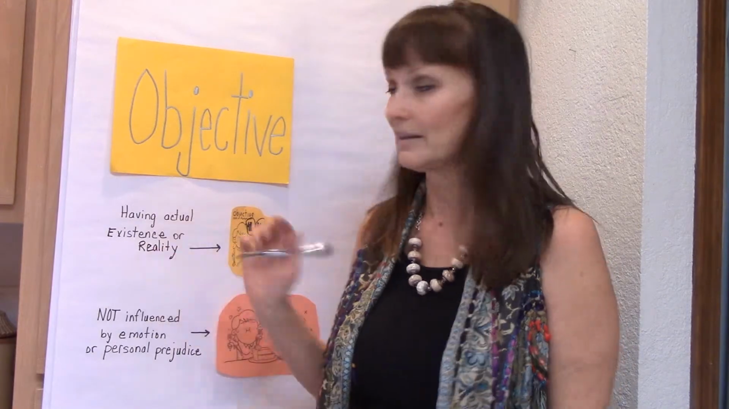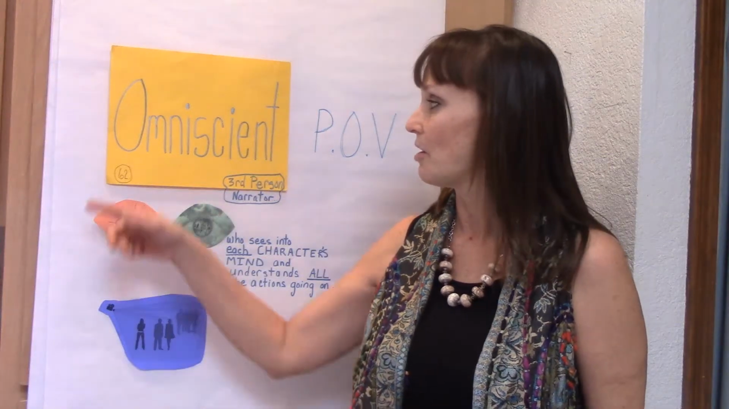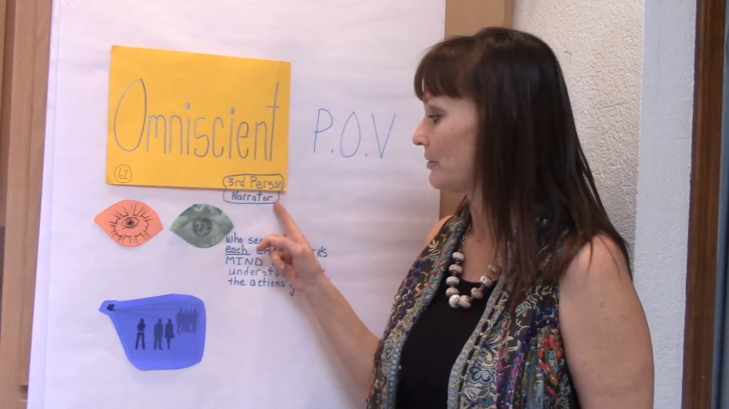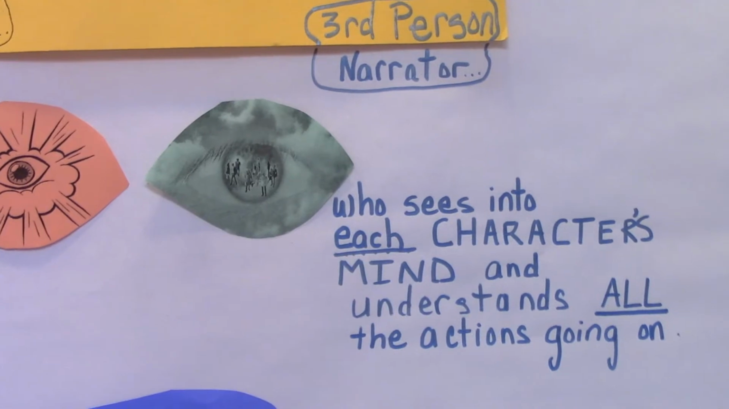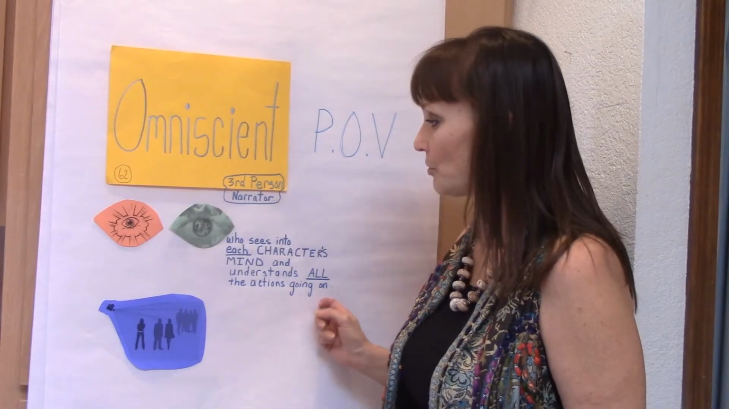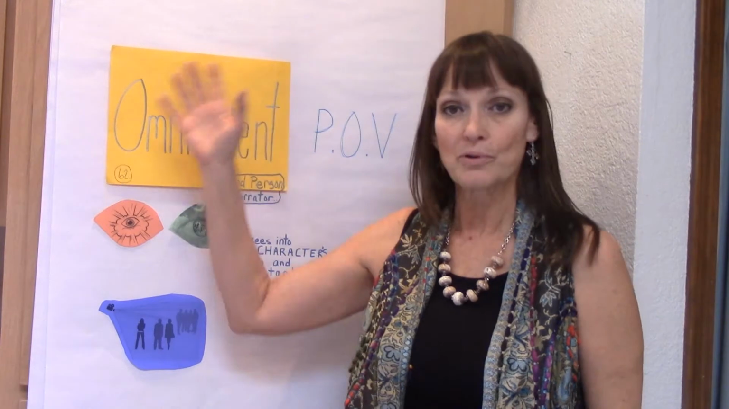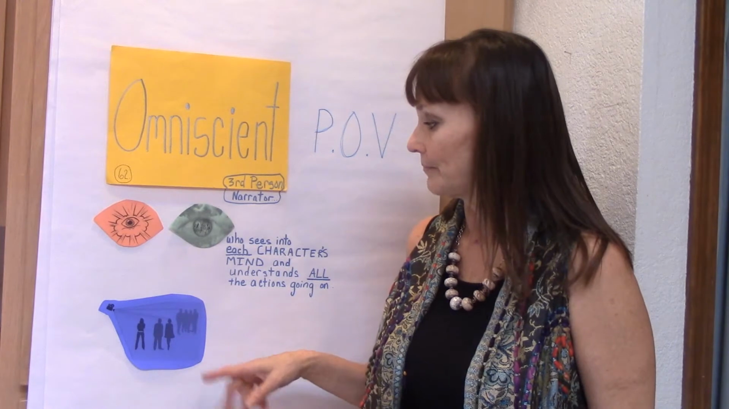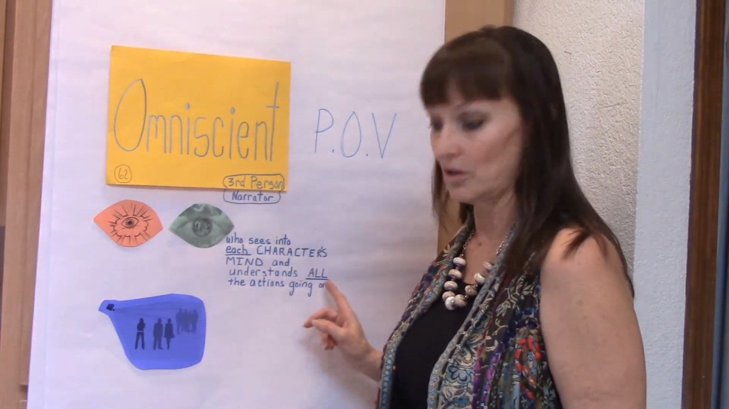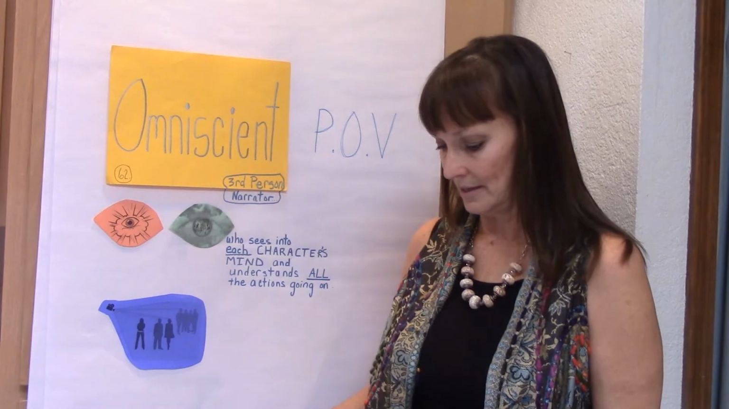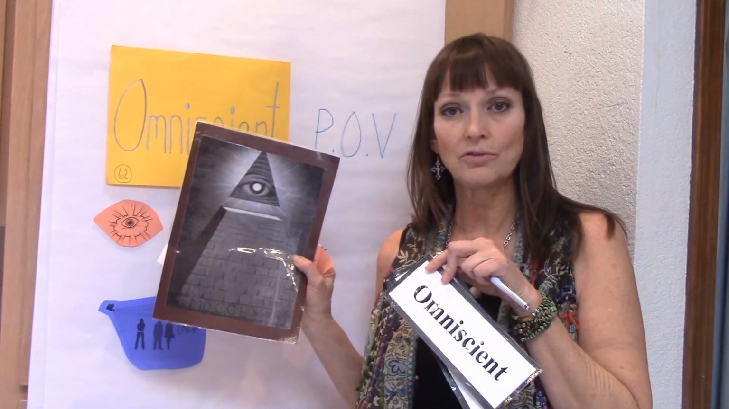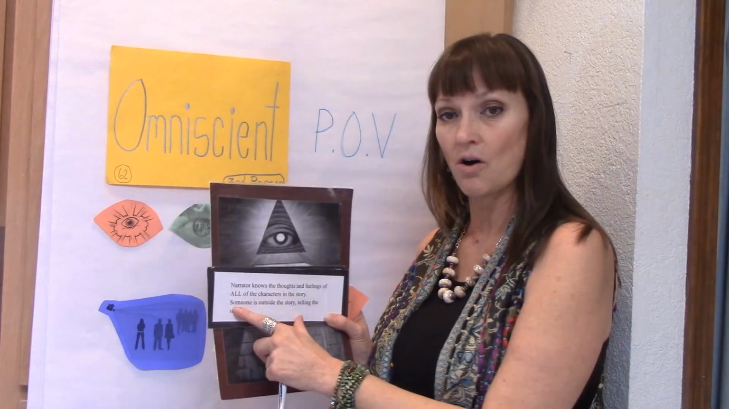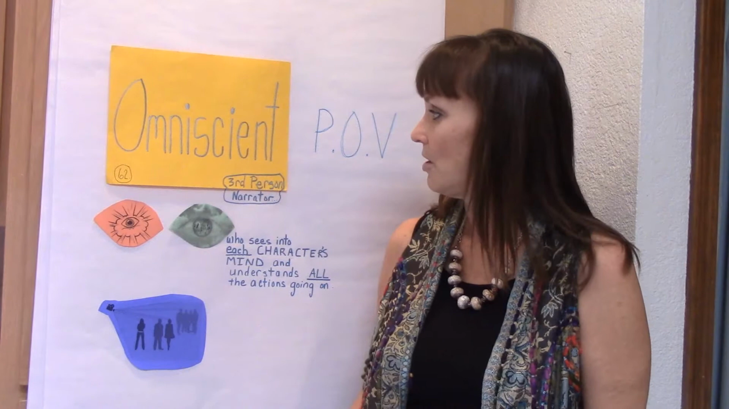Actual reality. Our next word is omniscient, which is a type of point of view, the third person narrator who sees into each character's mind and understands all the actions going on. So the person telling the story can see what everybody's thinking, what everybody's feeling, okay? Each and all. Mr. Peterson has his all-knowing eye in the classroom, and again it just means all of the characters. So omniscient,